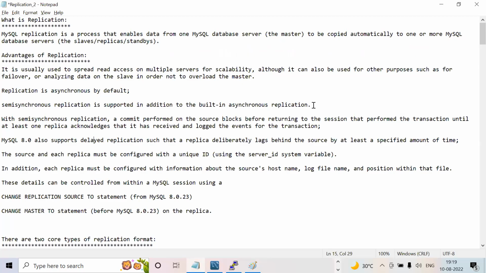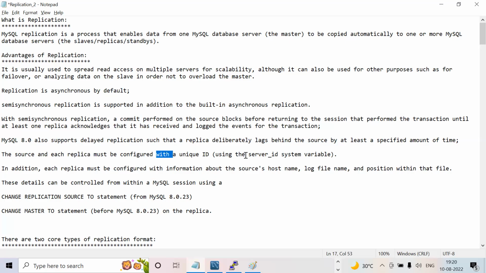One more thing, each and every server, whether it is a source server or replication server, you need to mention a server ID, like our Aadhaar ID, right? One Aadhaar card number for one person only. In your cluster, if 3 nodes are there, each server has its own server ID. For example, Satish, Rajani and I are in a replication, 1 master, 2 standbys. Each one should have their own server ID: Rambabu 1, Satish 2, Rajani 3. Rambabu 1, Satish 1 will not be accepted and replication will not work. That is the reason the source and each replica must be configured with a unique ID,